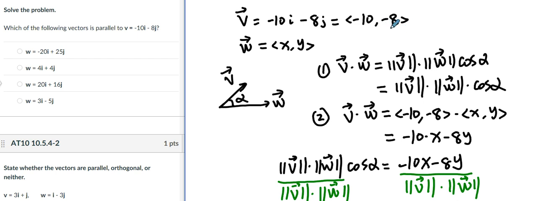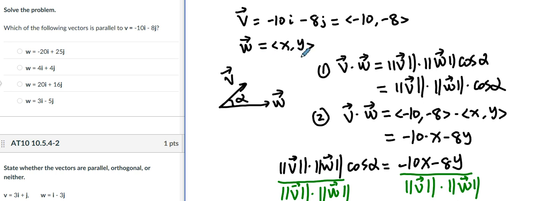Negative 10, negative 8. And for w, we have 4 vectors, and here I use x, y to represent each one. We want to find out if this vector v is parallel to any of them. Let's see how we are going to find the angle between v and w. We recall that